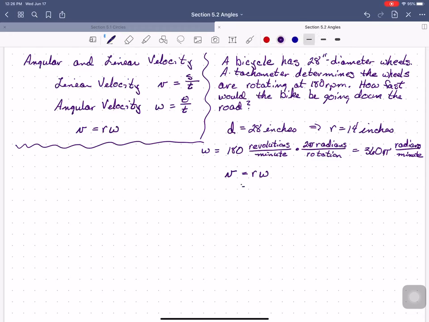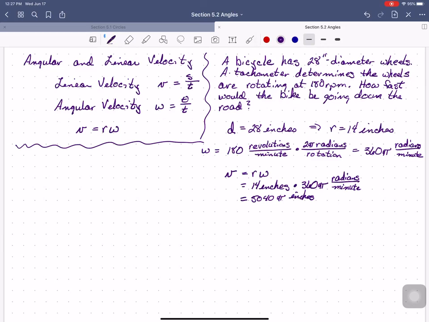Which means my velocity is 14 inches times 360 pi radians per minute. Now, radians is actually a unitless dimension because it's a length divided by a length. And so my bicycle will be traveling at 5,040 pi